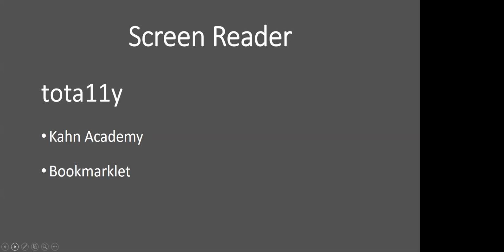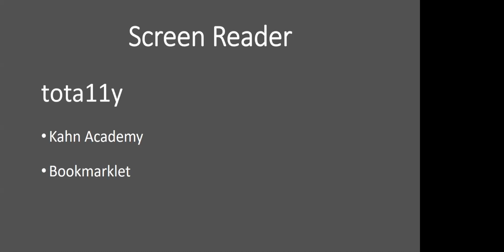And so I'm going to show you a tool that I use. It's called Totally. It's by Khan Academy, and it's a bookmarklet. When we share slides, there is a link on the Totally website that will take you through the instructions of installing it on your toolbar. But I am going to be utilizing it, and you'll be able to see it in action. And what Totally does is it will show you how a student that is using a screen reader will perceive your content. And that includes not only text, but also alternative text for images. I'm going to go ahead